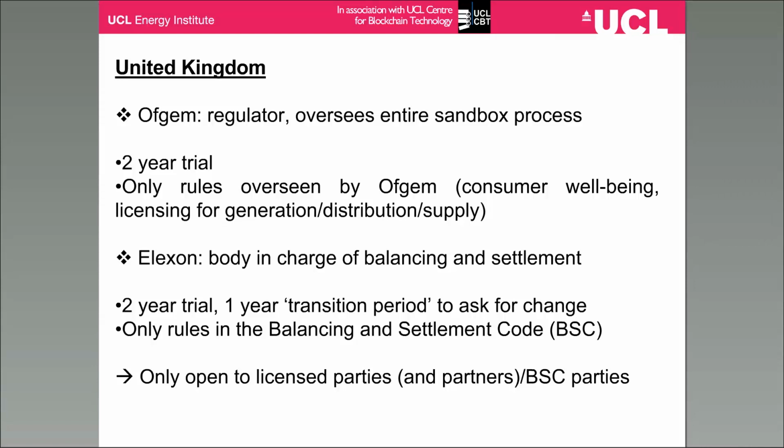So here you have a real chance to change the rules so that afterwards you can continue running your idea without disruption. Because, for example, if after the 2-year trial there is no change in the rules and your idea is still not legal, let's say, then you have to completely stop your trial and dismantle it, and that means uncertainty for everyone involved. So for the consumers that are taking part in the trial, but also for investors, for the startups involved. So with the Elexon one, you then have this 1-year frame where you can ask for a change in the rules, and yeah, I think that this is a positive aspect.